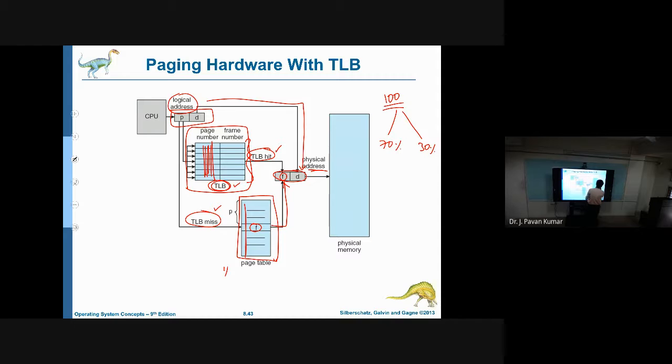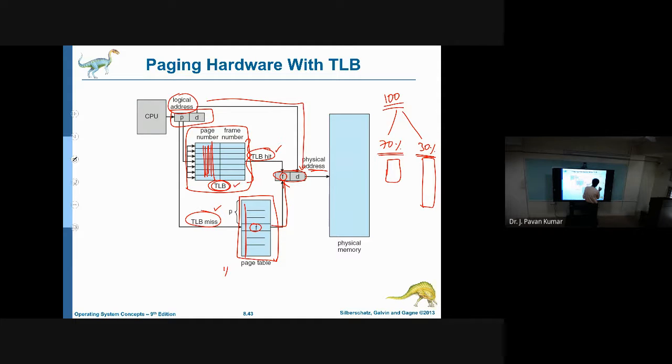Then what we have to do is, for all of these, first we have to check the TLB, isn't it? Then only will we come to know whether we have to go to the page table. If the TLB does not have the required entry, then we go to the page table. Let us assume that as the TLB has fewer entries and is cache memory, its access speed will be higher. Whenever we have less space and less data, we can find the required one in less time. So in the TLB we have limited space, as we have discussed.